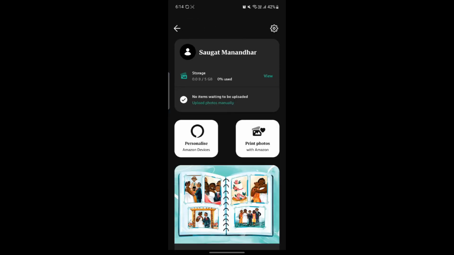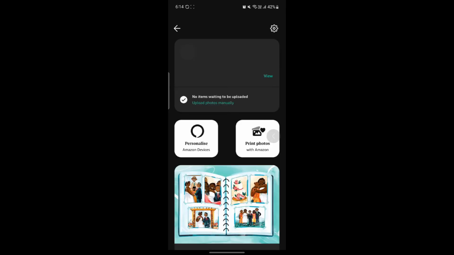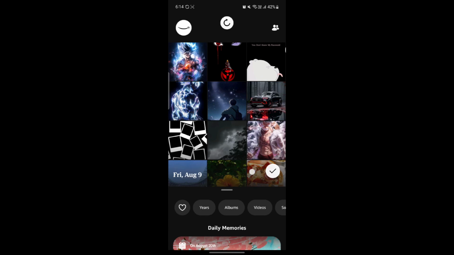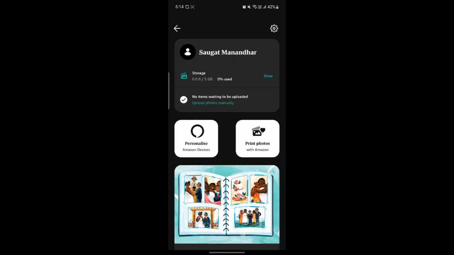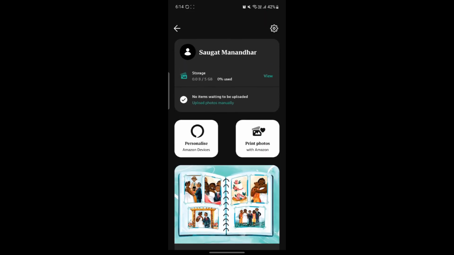So talking about your device info, you can see that you currently have 5 GB of storage, and you can buy more later as well. You should just go ahead and click on view, which is over here, and you can buy this easily. So this is how you can use the Amazon Prime. If you go over here, you can see you can print your photos as well,